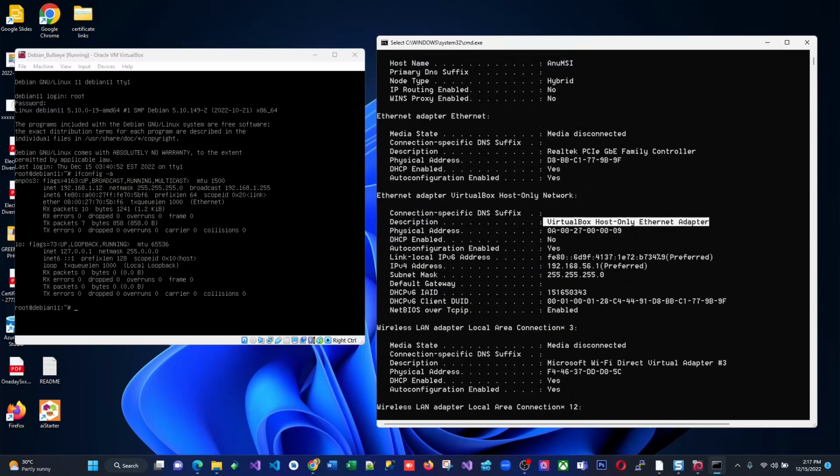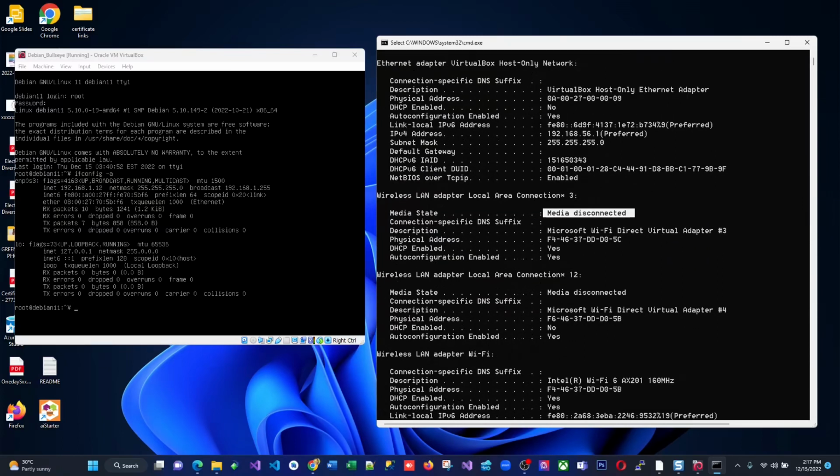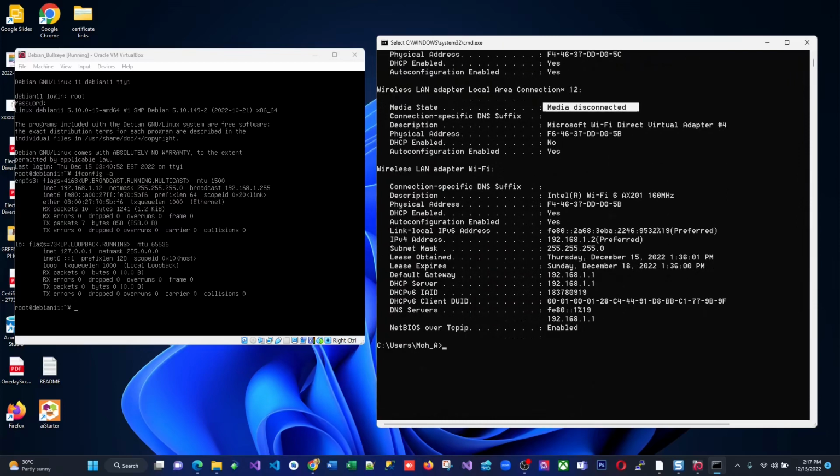We are looking for the physical adapter. Now the third one is also media disconnected. Fourth one is media disconnected. And the fifth and last one is, in my case, the last one, but for you, maybe it could be the second or third one. You see that Intel(R) Wi-Fi 6